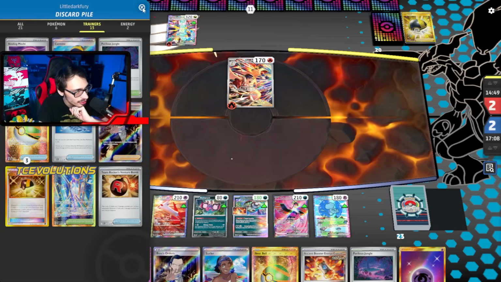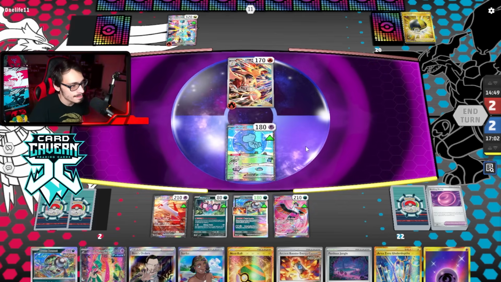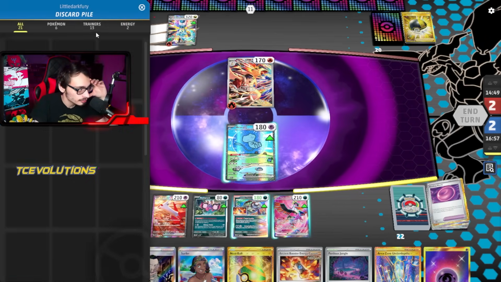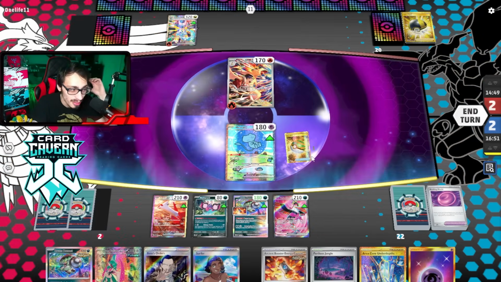Don't think we can win this. We had a really good start with Meloetta, but I don't think there's a way to close out the game. There's Area 0. We have to go Bloodmoon plus... I mean, maybe Bloodmoon Pecharunt if they...